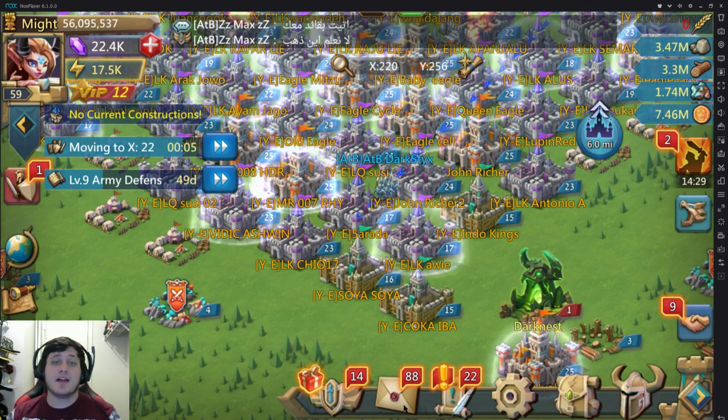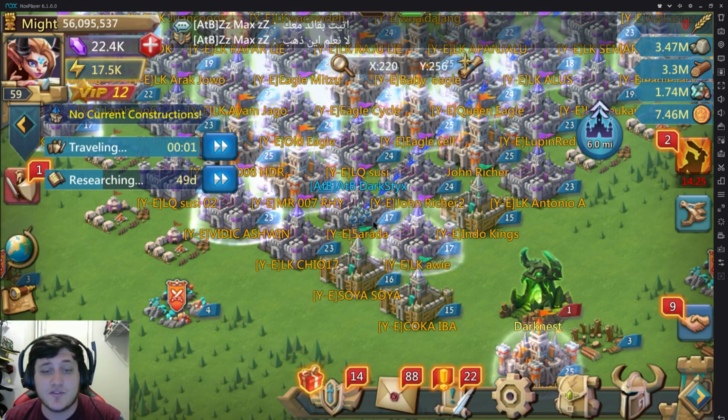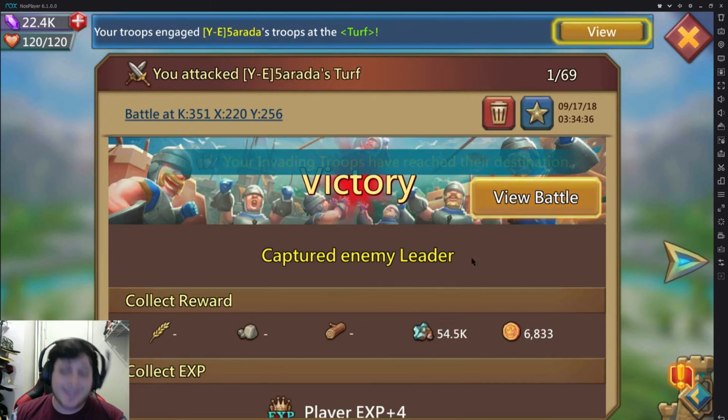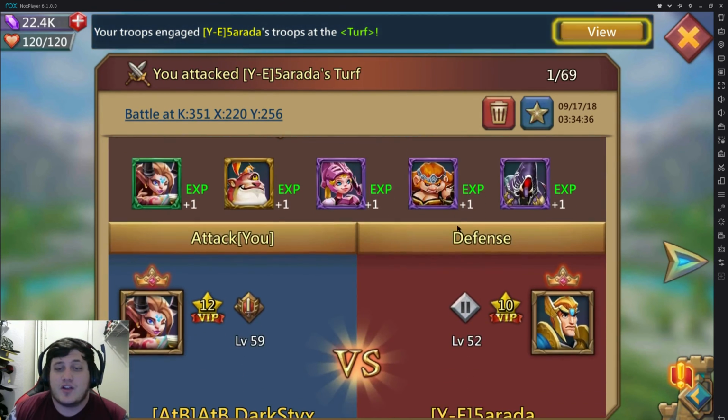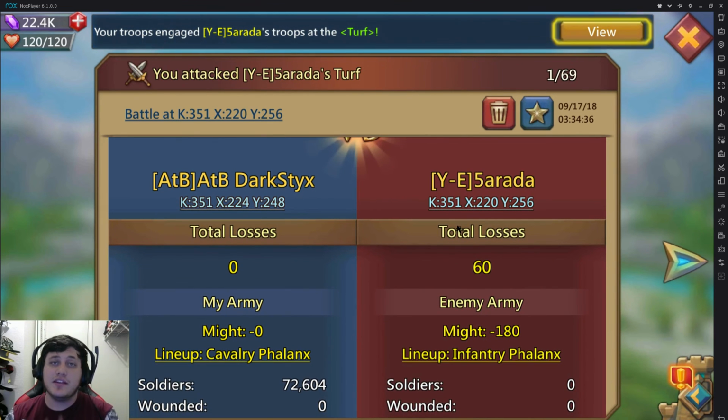Alright, so my troops are about to hit him. We're going to see how he did. I mean, I just sent a bunch of cavalry to take his leader because he had no troops anyway. So I already know I'm just going to get the leader. And we did. Good. Cool. That's all I wanted. So, on that note, that's where I'm going to leave this video